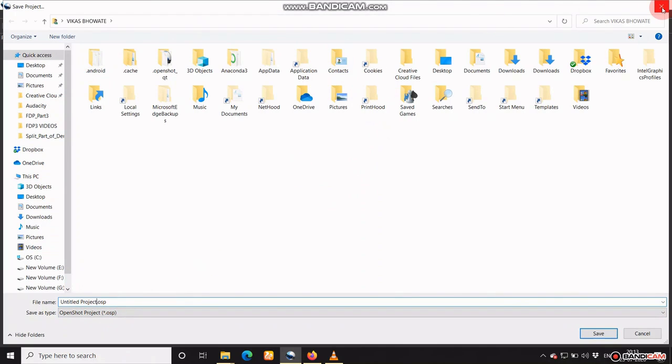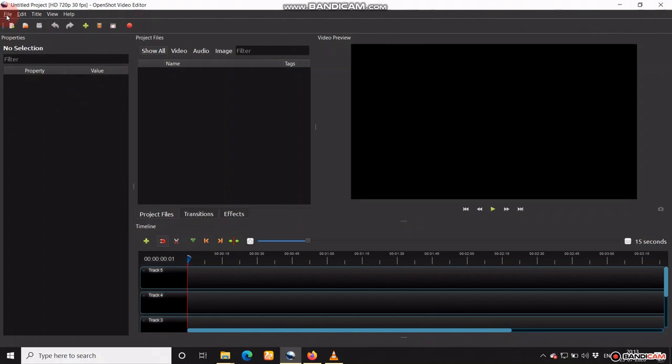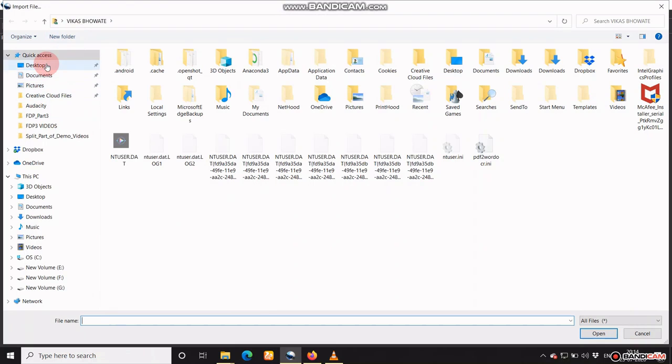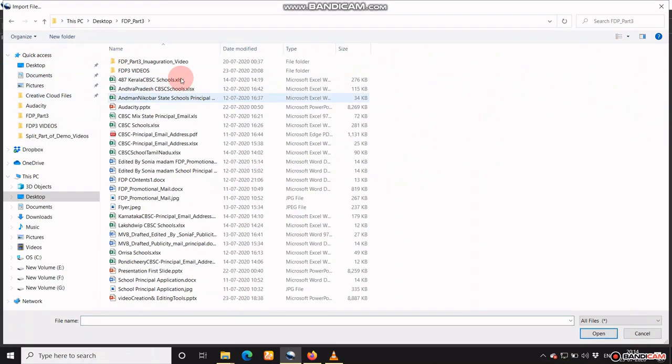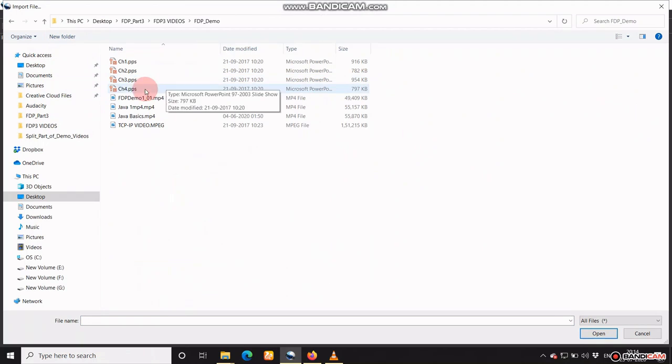After creating project, the next task is include video in that project. The videos that you want to add, the bunch of videos you have to include in this. How to include these videos? Either you go for drag and drop of the bunch of the videos to this window, or you can just click on this plus icon and go for importing the videos. So I will move to the bunch of videos that I have selected.